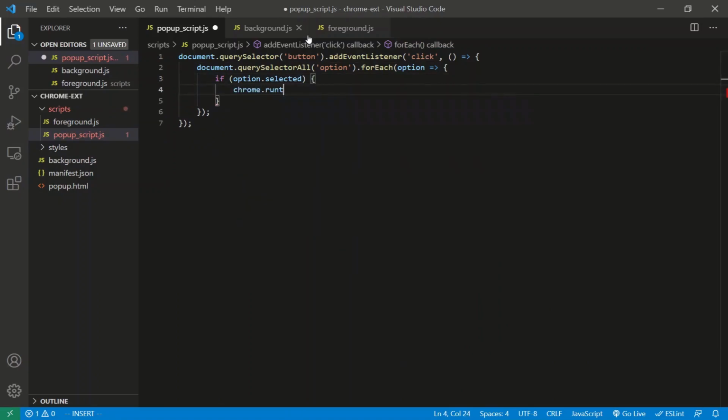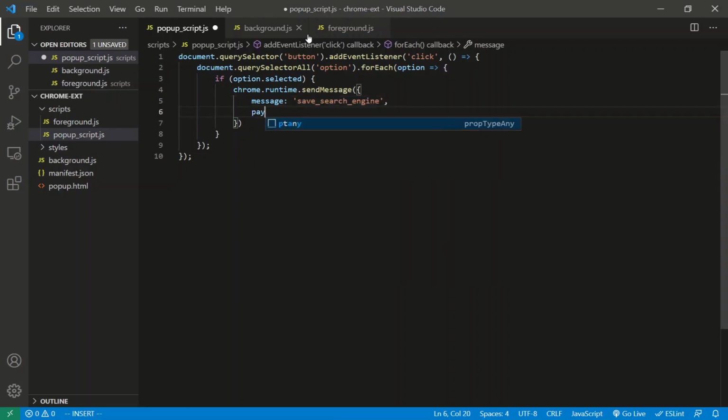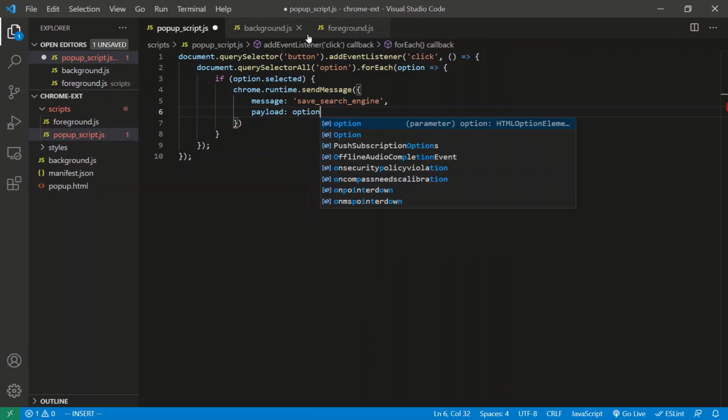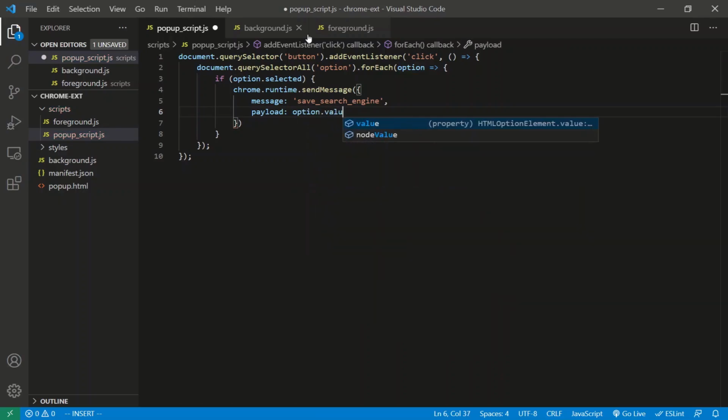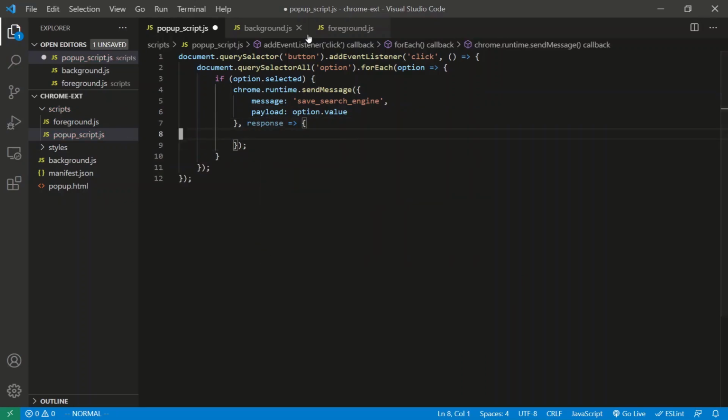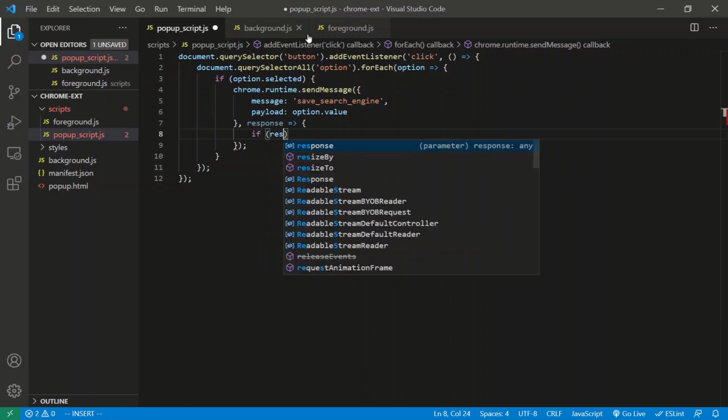So chrome.runtime.sendMessage. Two things. We'll send a message of, let's do save search engine. And the payload is going to be the option's value. So the value, yeah, it's the value. There's going to be a response that we get back. We're going to say if that response.message